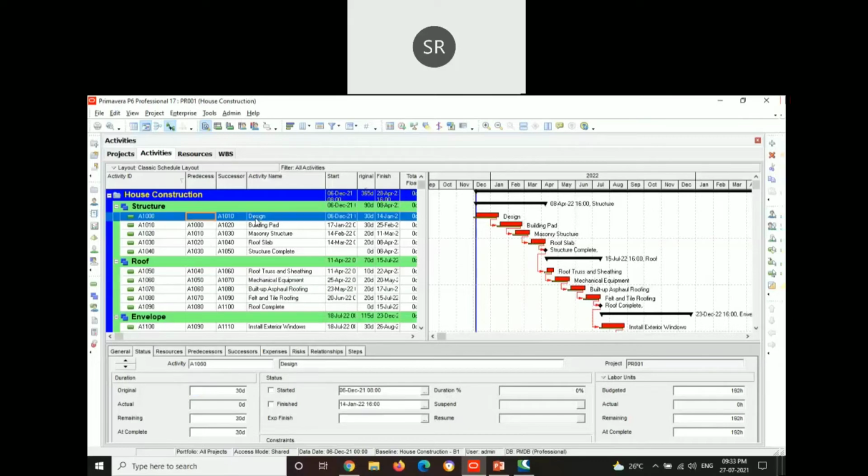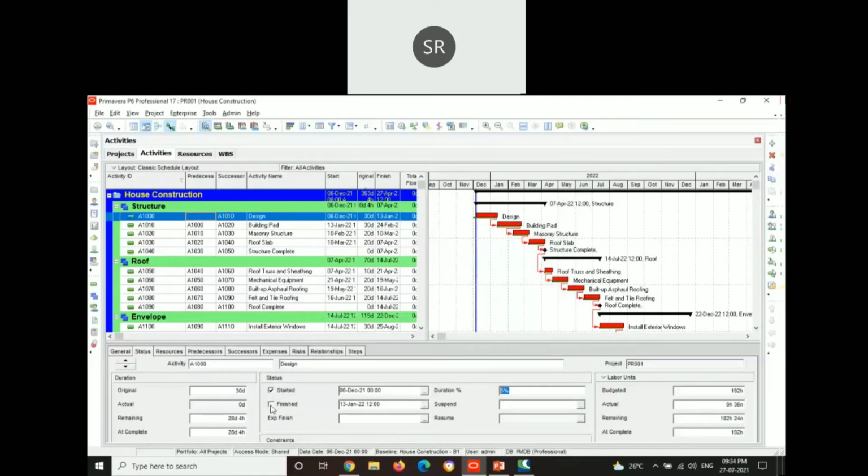Let us assume that the design has been started on 6th December and 5% of work is already complete. We have to try to make the baseline and the activity path coincide with each other to avoid lagging of the project. So if we consider that 5% of work is done and if we schedule the project, we can see that the baseline has come a little bit near.